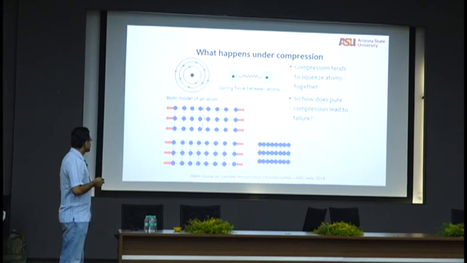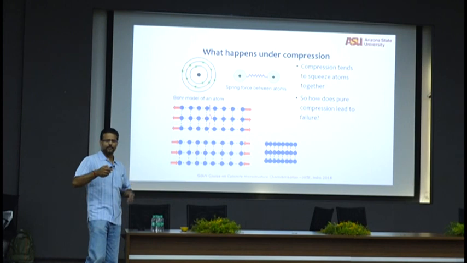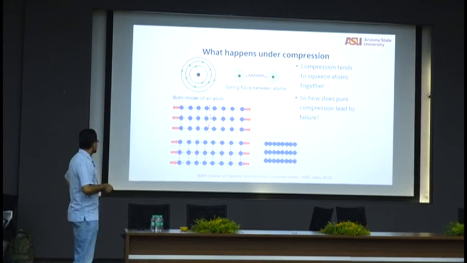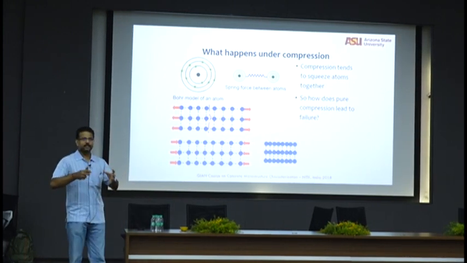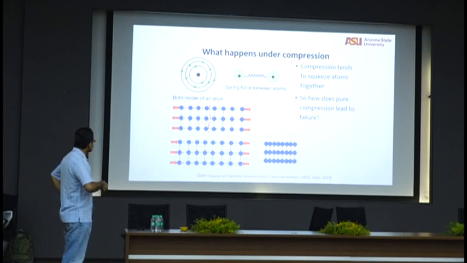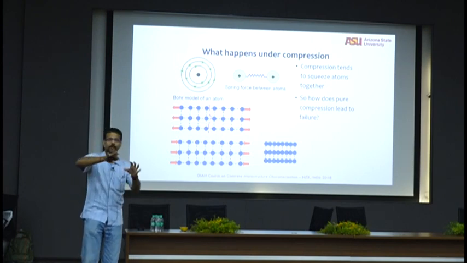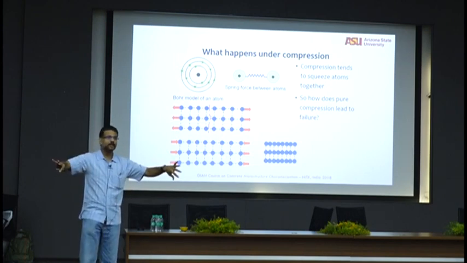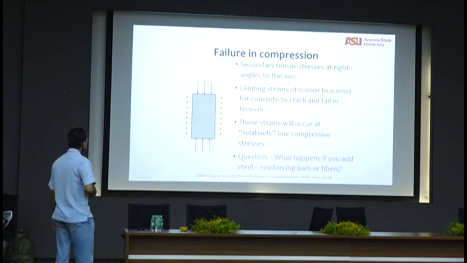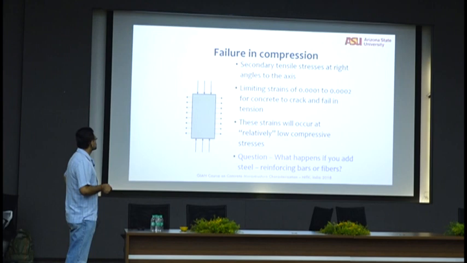Okay, skip that. What happens under compression? So just again a little more emphasis on the point. If everything is at an atomic level, when you compress things, there should not be any failure, right? Things should come close like this. But like I said, when you compress a cylinder or a cube, what is failing is under tension because of the Poisson's effect. Okay. Secondary tensile stress at right angles,